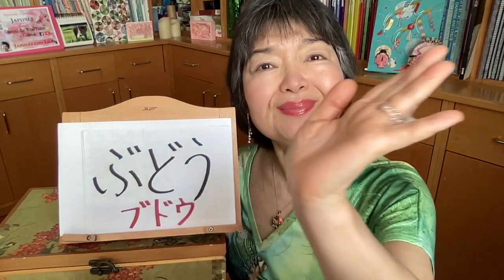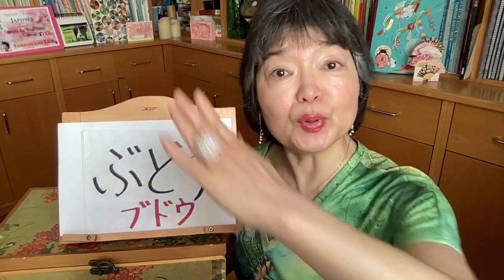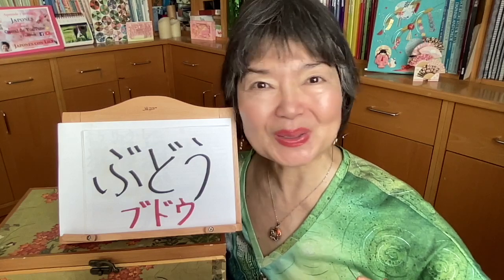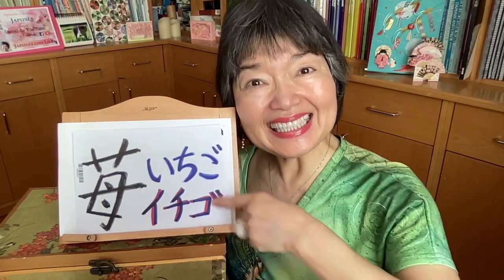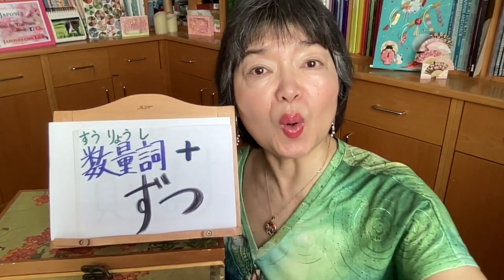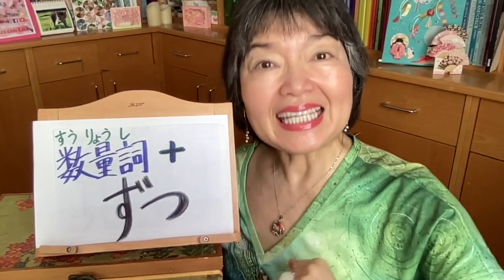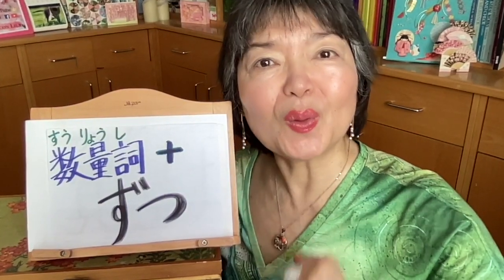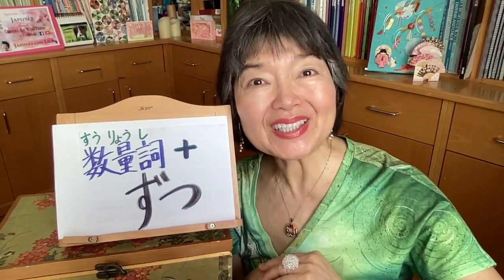But be careful with the intonation. Going up, budo, this is grapes. Because if you say budo like this, going down, this is martial arts. So different. Budo, martial arts. Budo, grapes. いちごとさくらんぼとぶどうを1キロずつ買いました。